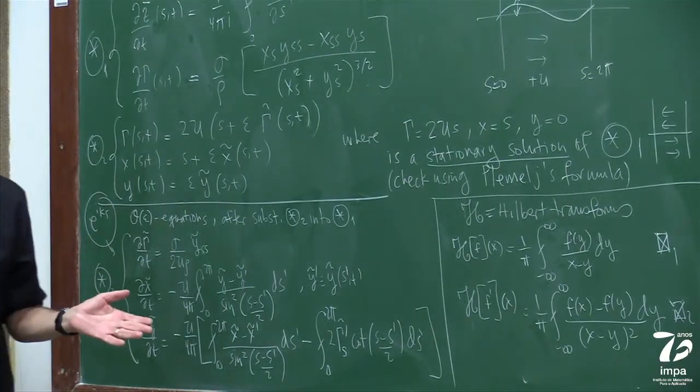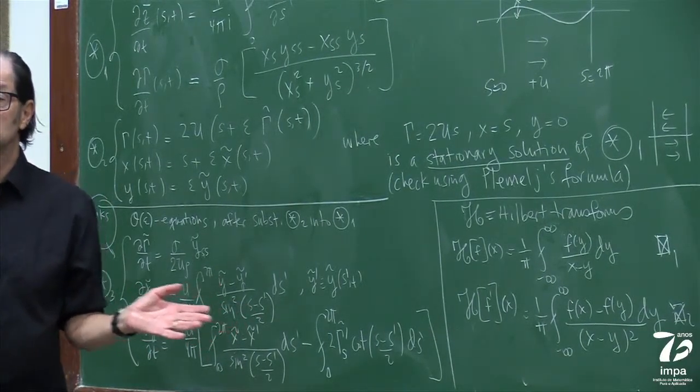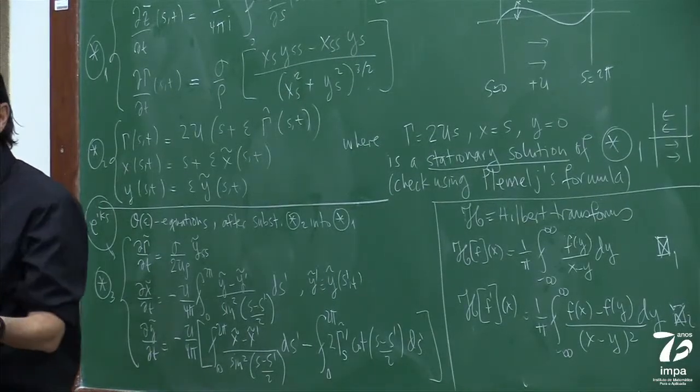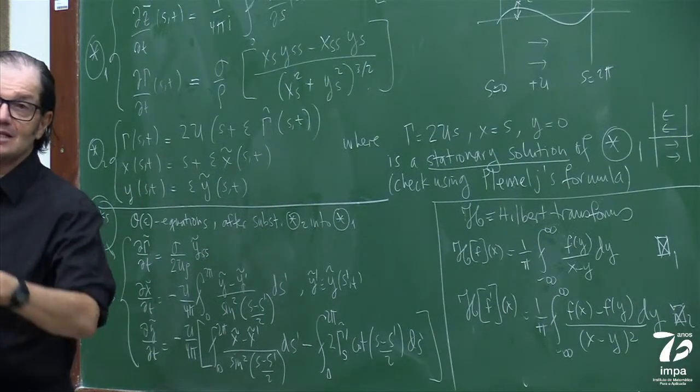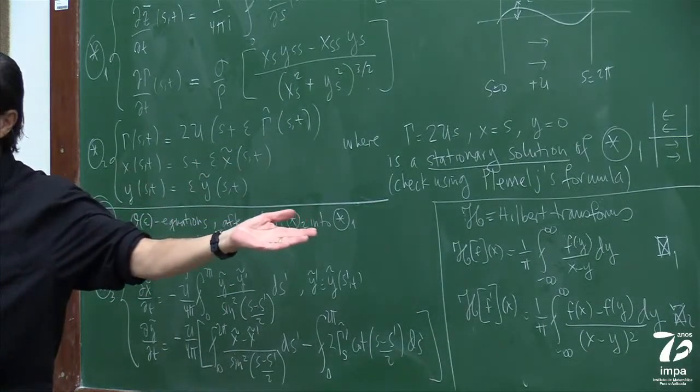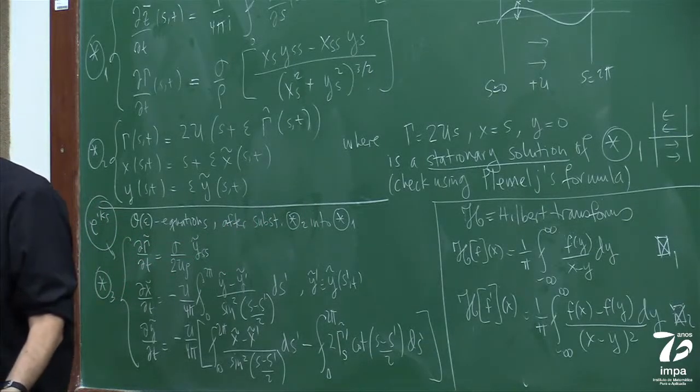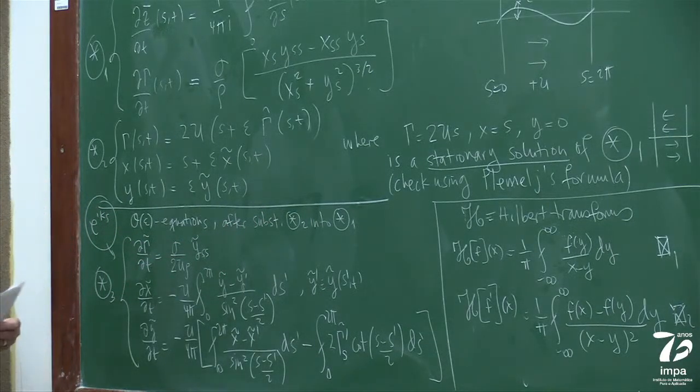So we're going to do just the analysis for the cosine, because the exact same result, if you don't believe it, do it as an exercise. The exact same result we're going to get for the cosines is what we're going to get for the sines. Okay, exact same result.